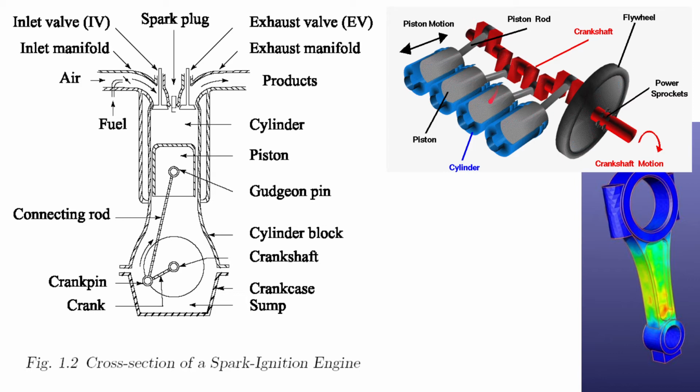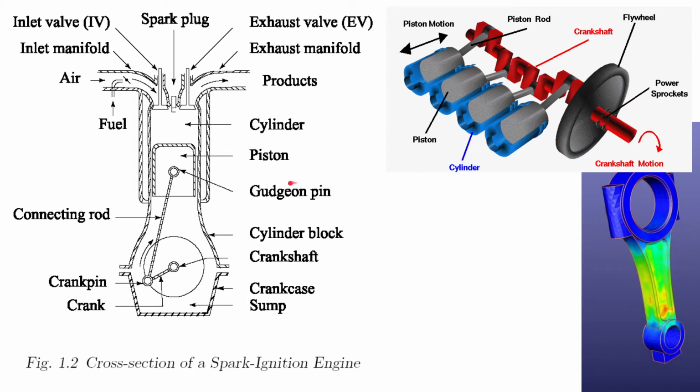And then here we can see that the second and third are tuned, while the first and fourth are tuned together. So in that case, the combustion will happen at the same time in these two, and at 180 degrees apart it will happen in the first and fourth. So it is said as a 1-4 and 2-3 engine. And the piston motion directions are shown here. These are the connecting rod, this is the crankshaft, the red one, and this is the flywheel. I'll describe what is the function of flywheel later.